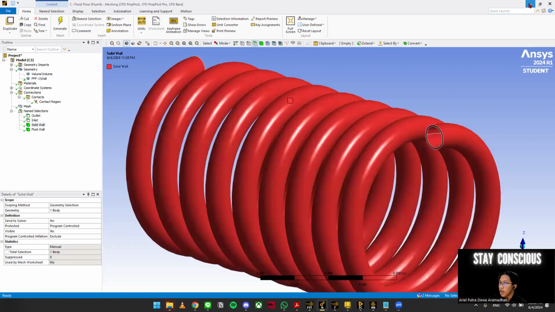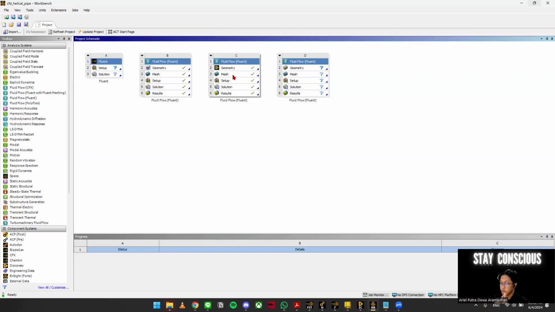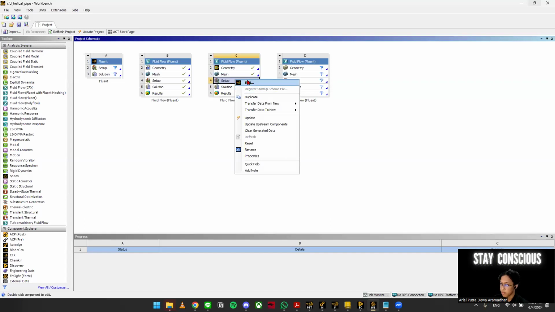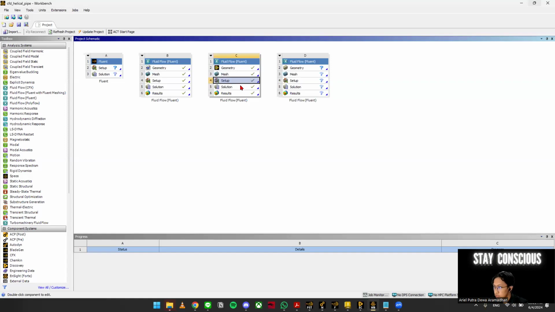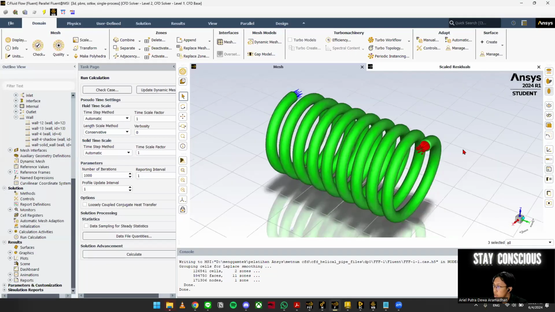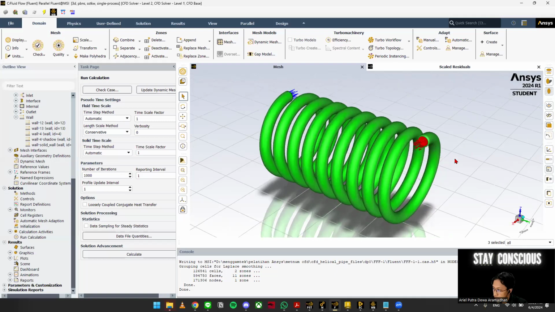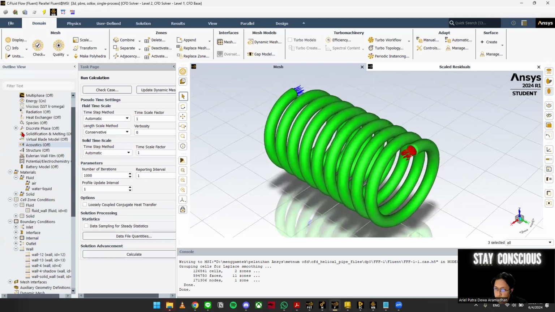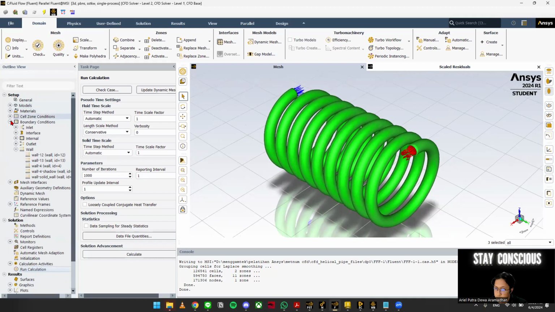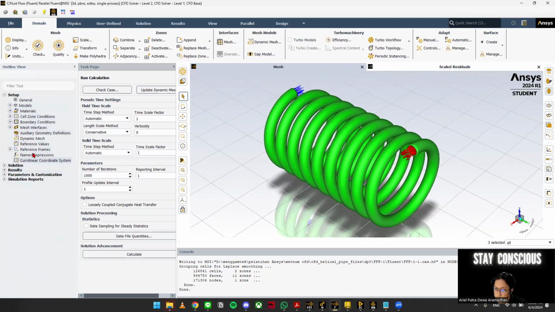Okay. After you generate the mesh and name the selection, you're going to set up the calculation. All you have to do is right click the setup and then edit, and it will pop up a new window here. So in this section, first of all, okay, let me minimize all the tabs here. So there is a setup in your left window.